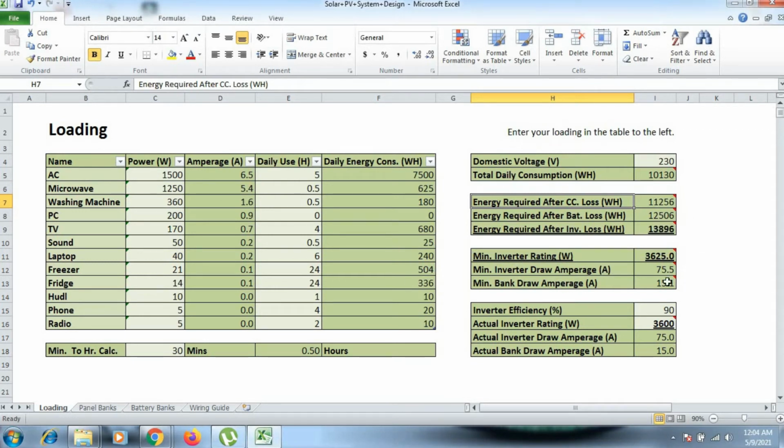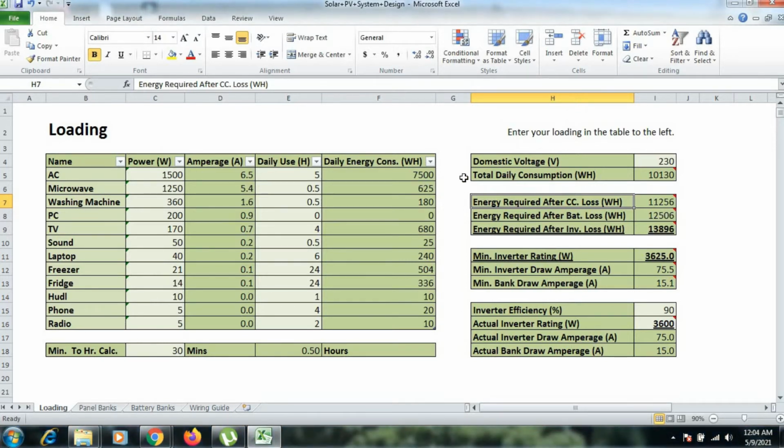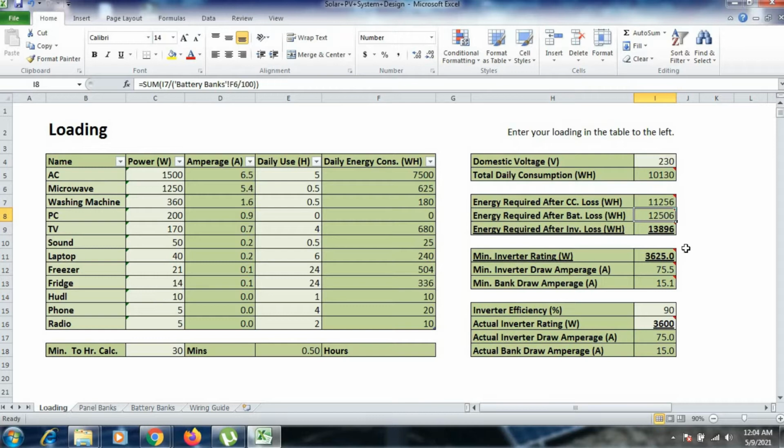This is the watt hour rating, or the energy required to fulfill this particular load's consumption requirement. So you can understand, if we are going to run this complete load with a solar system, then this watt hour should be the output of that solar system, and this is the input for the inverter that we are going to use.